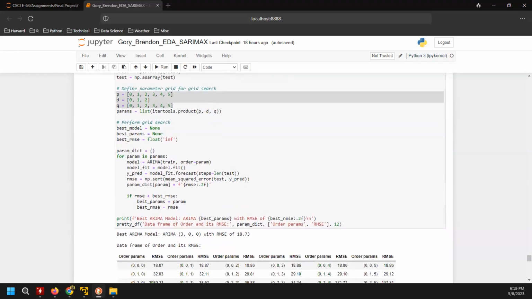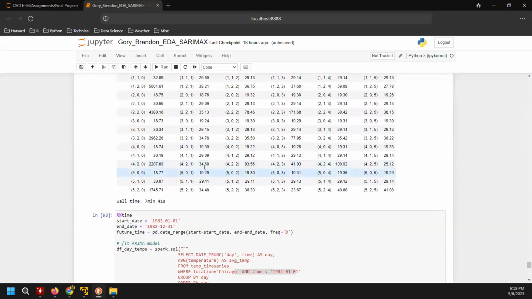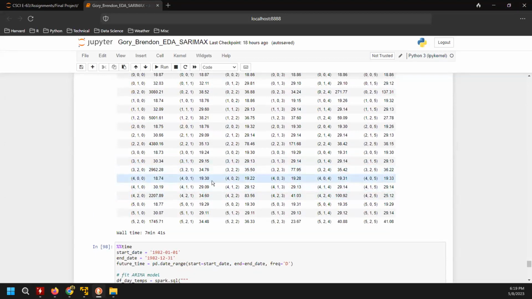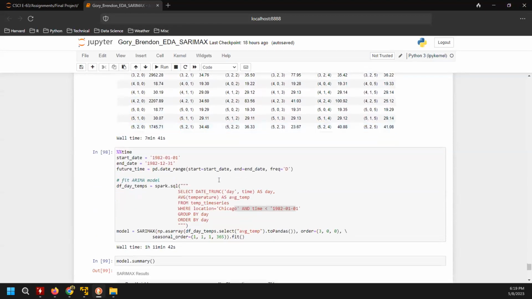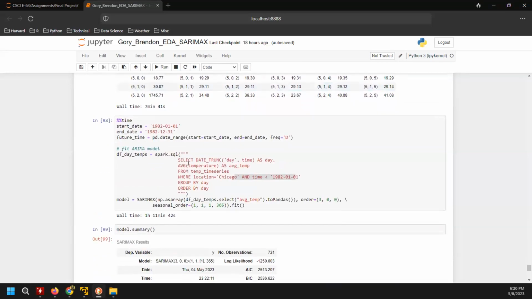It takes all the permutations, we fit the model, and that returns all the combinations of PDQ and the RMSE. And we chose the root mean squared error as the metric for the best ARIMA PDQ, which is 3, 0, 0 at 18.73. And we put that into our SARIMAX.